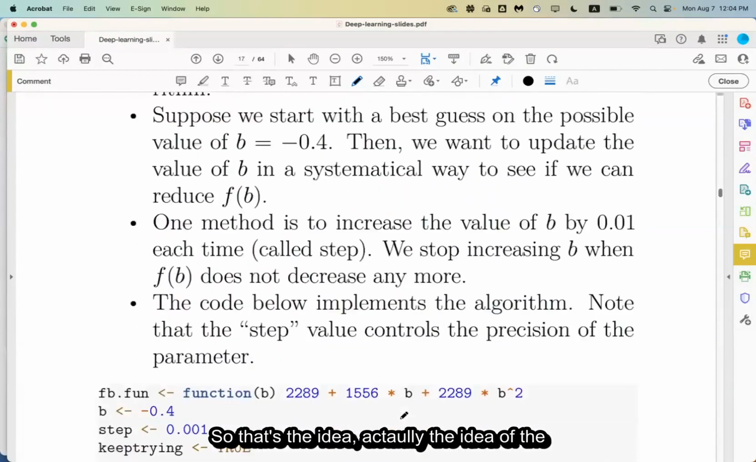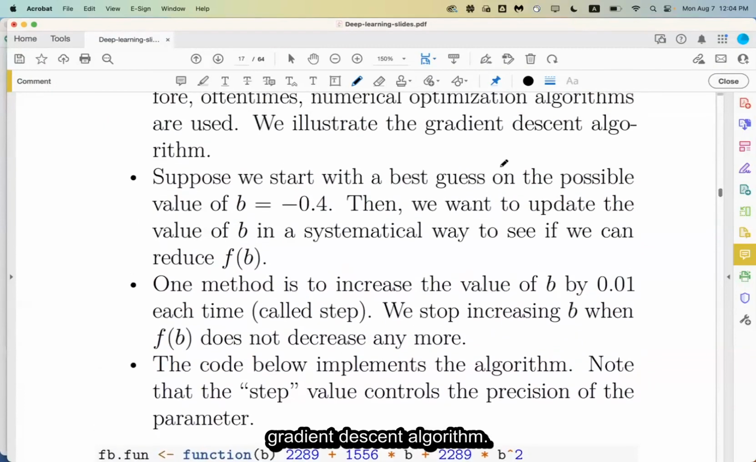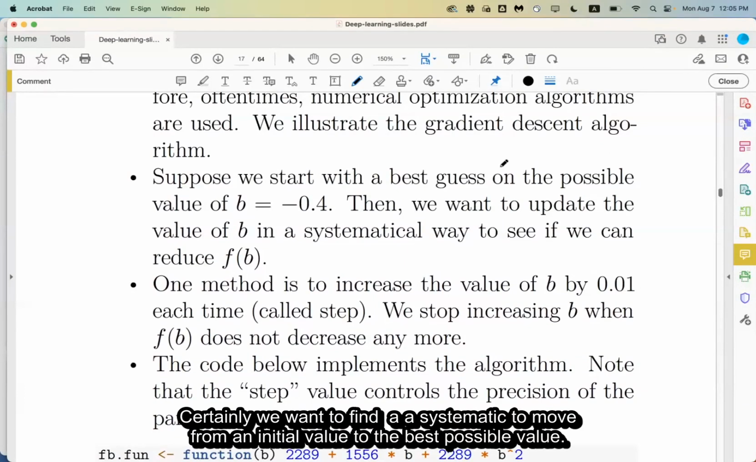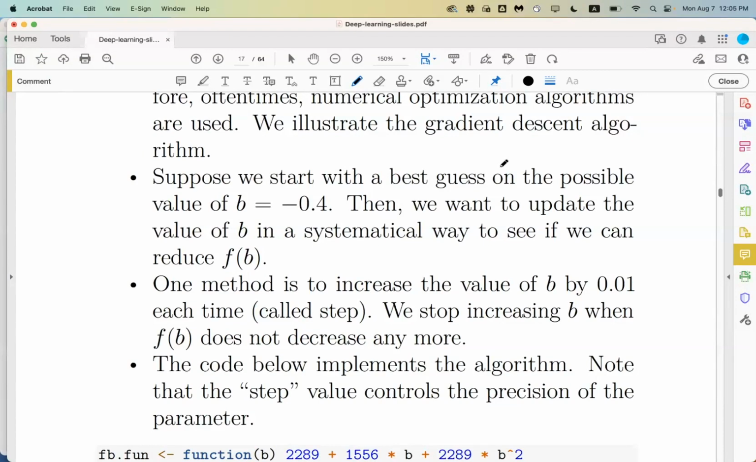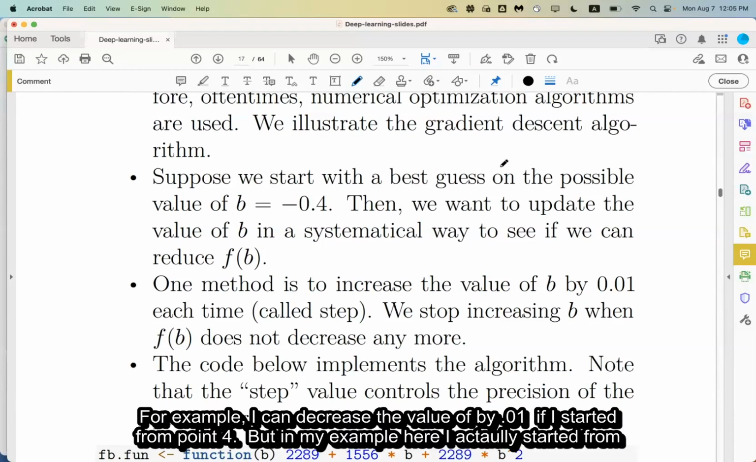So that's the idea, actually the idea of the gradient descent algorithm. Right? Certainly, we want to find a systematic way to move from an initial value to the best possible value. One intuitive way to do that is I just move in a small step each time. For example,